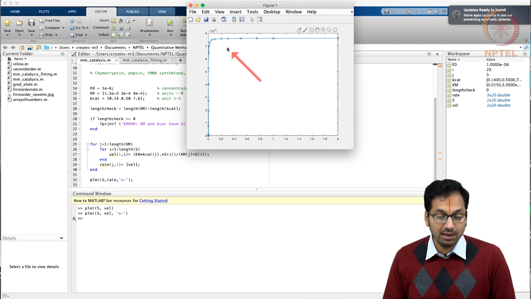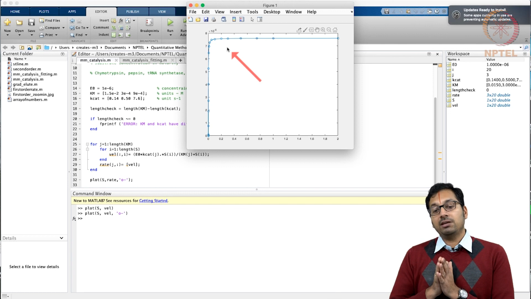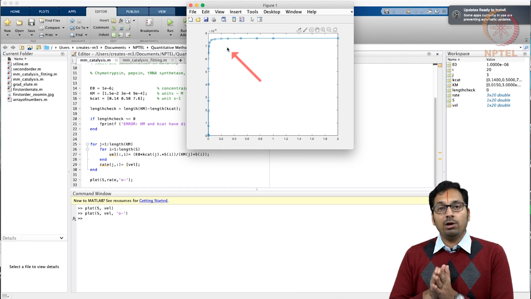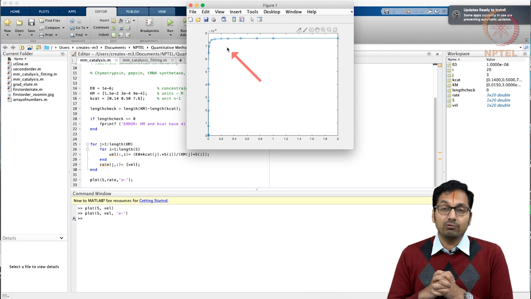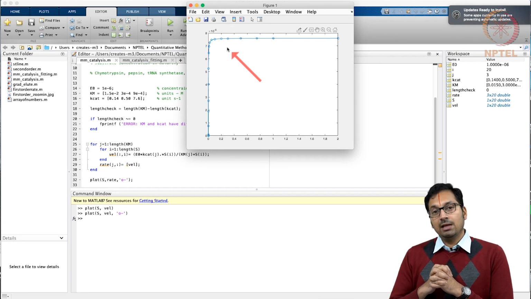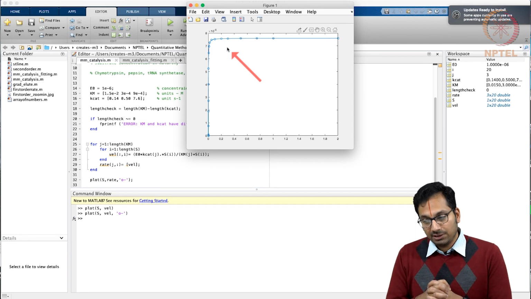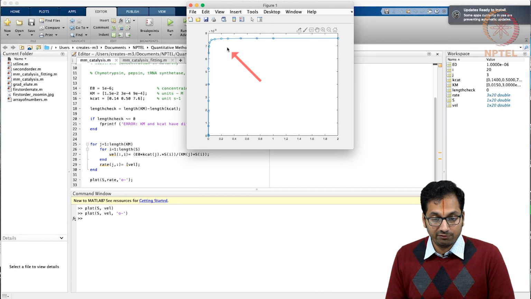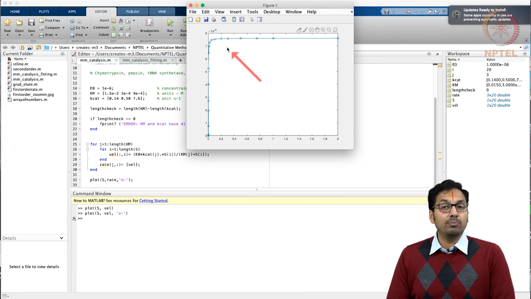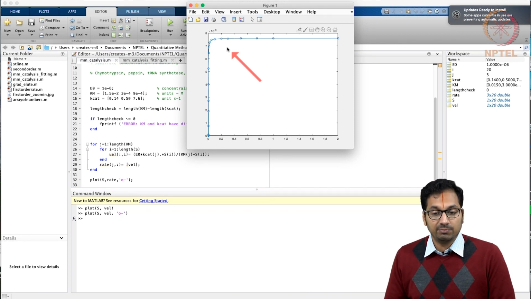the Michaelis-Menten equation. And as we saw in the last class, it is very tempting to invert this, that is take 1 over the velocity and plot it against 1 over the substrate concentration, which helps us get the Km or Kcat from the slope and the intercept, and therefore one can determine what is this Km and Kcat. This is not a good way of doing it, as I had mentioned earlier, because the error in the velocity of the reaction is not going to be the same when you invert it and plot and extract the information out of it. We will still do it just for the sake of completeness, so that we understand how initial guesses for a certain fit can be used for this purpose.